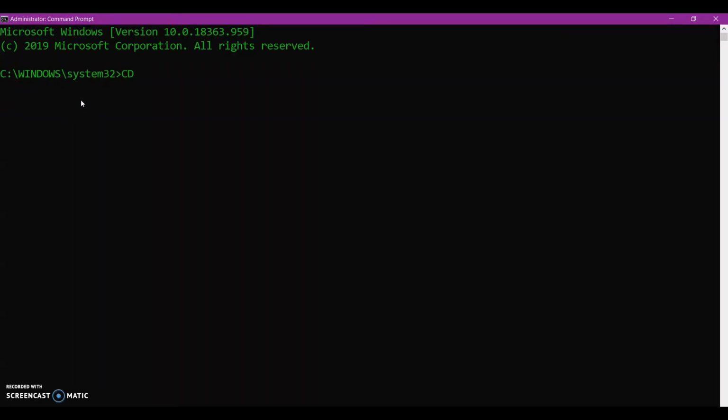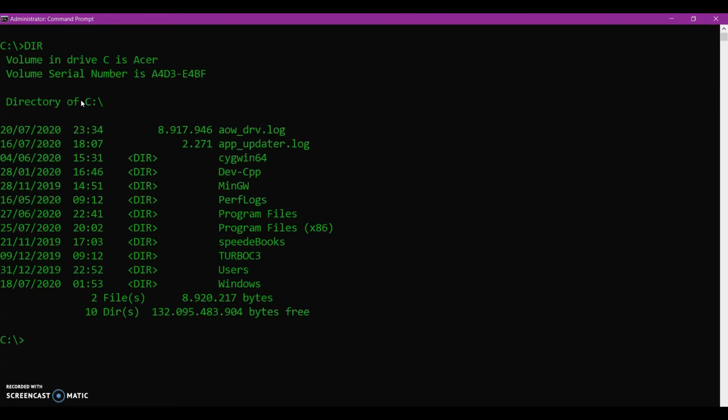Here I will enter some commands, use a basic command dir like this. I can use another command to create a directory, mkdir or simply md rhr.